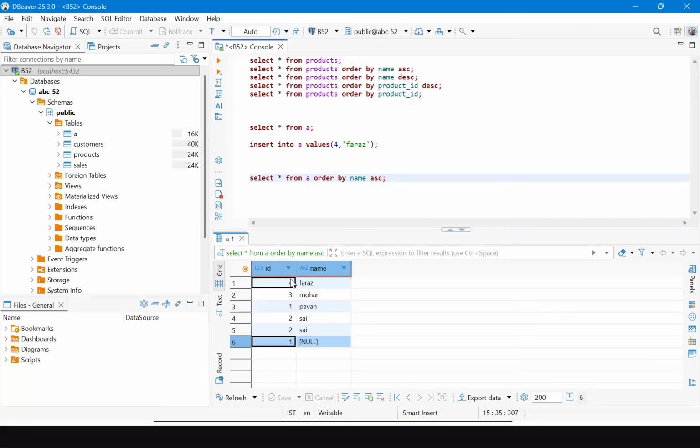Then what do I need to do? I need to use the nulls first condition in the order by clause. Now this null record will come to the top. Okay, by using this nulls first condition, I can put all the null records into the first position. Okay, next, if I am applying descending,